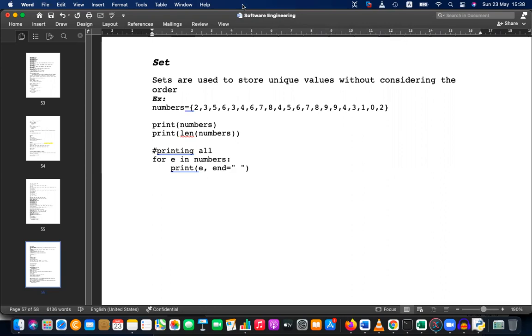Okay, so then sets are used to store unique values without considering the order. So unlike the previous three,